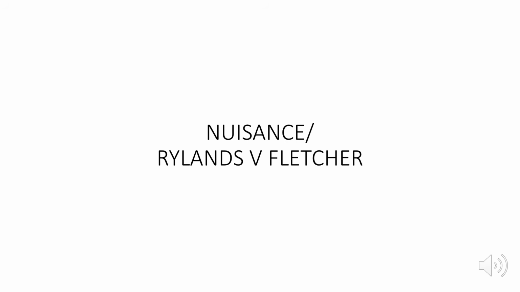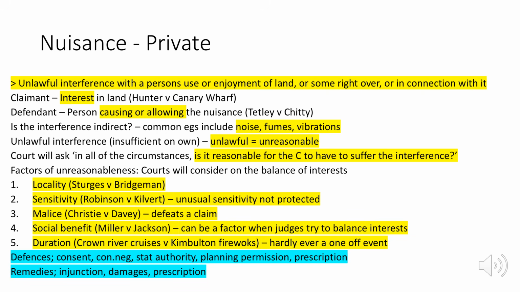For the following strict liability torts, I've grouped nuisance and Rylands v Fletcher together, as they're both torts that are connected to land. Also, they're grouped that way in the spec. Starting out with nuisance. Well, there's two types of nuisance. So you've got public and private. So starting with private,